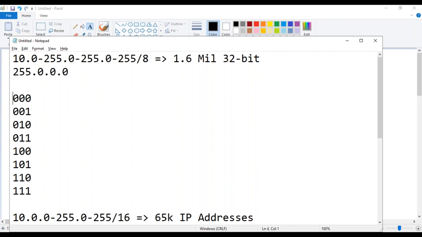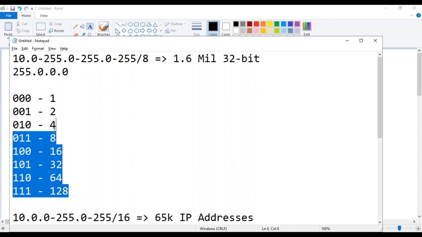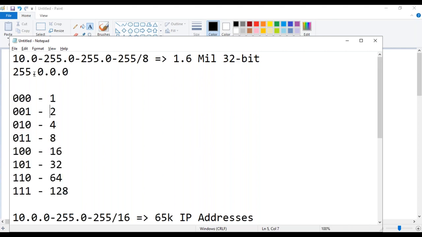So you need to do the calculation, 2 to the power of something. Guys, I'm very poor in mathematics, so don't expect me to solve all these powers. But at a high level, it is 2 to the power of, that's the calculation. So these are the 8 bits, guys. If you say 255, how did I get this number? If you sum all these numbers, 1, 2, and so on, it will end with 255.